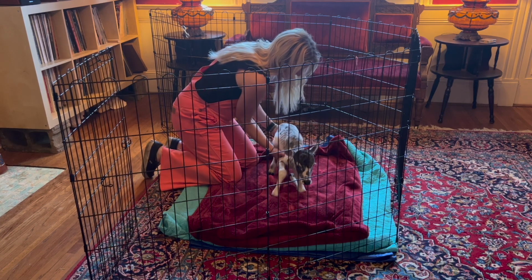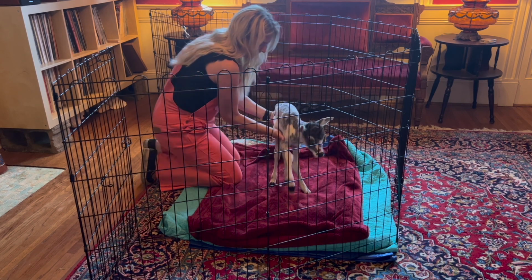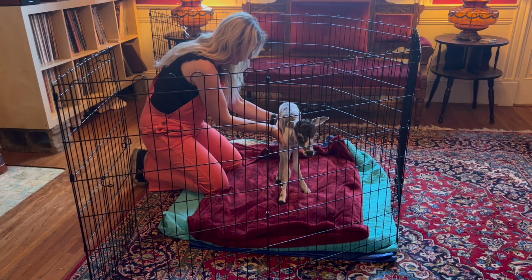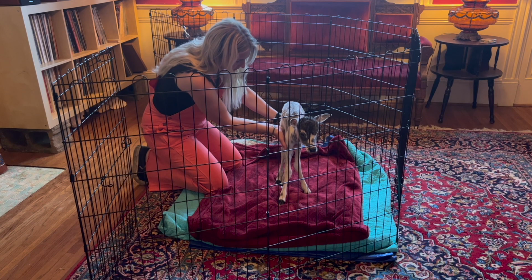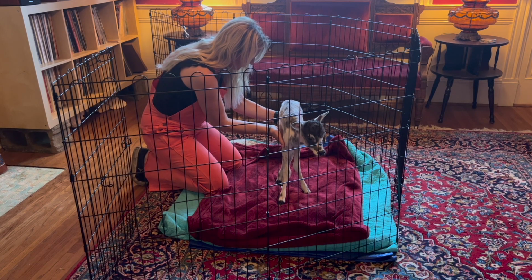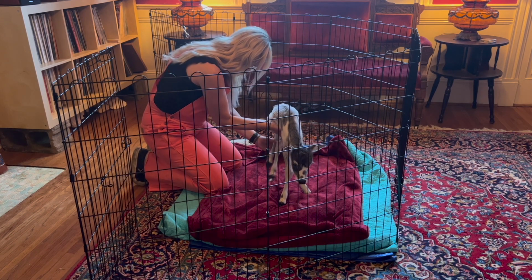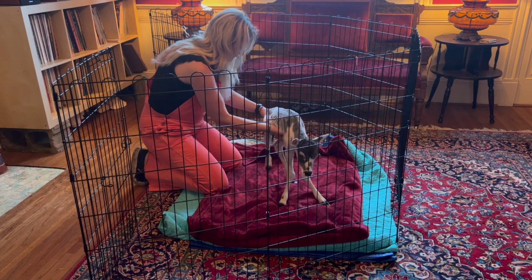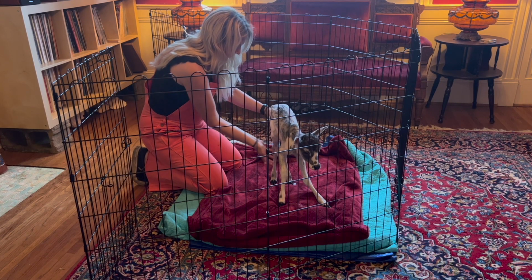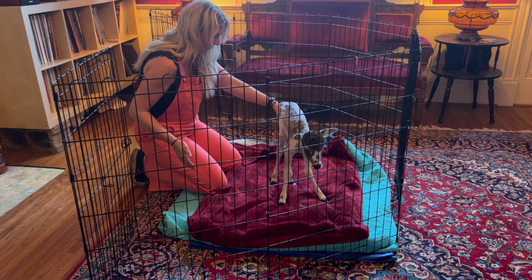So the first thing you want to do after he's acclimated a bit is try to stand the baby up if they're not already standing. A lot of times they won't be. With Giuseppe here, he seemed to have maybe a little bit of nerve damage just from being born, and that's not common, but I've seen it before. You can see his little back legs were not agreeing with him, but he really started to get the hang of it. I'm going to say within like 15 minutes he was standing,